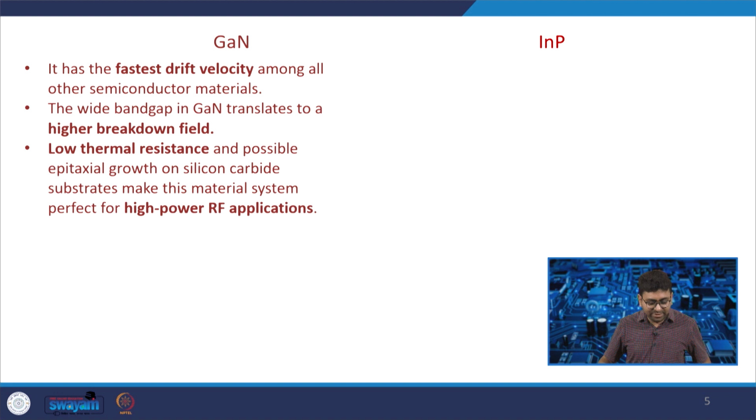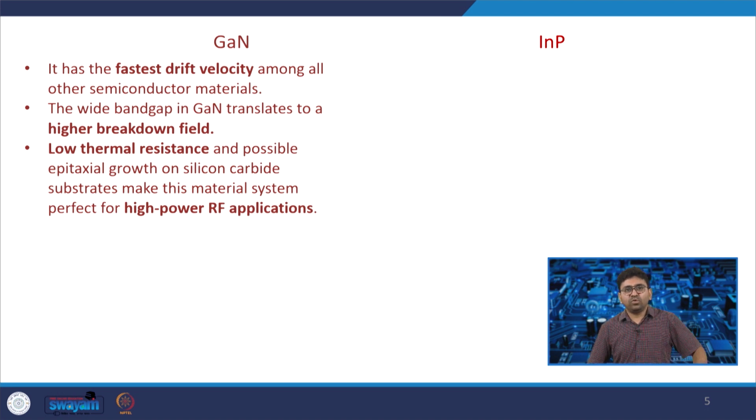It has the fastest drift velocity among all other semiconductor materials, and the wide band gap in GaN translates to a higher breakdown voltage. So, you can supply a very high voltage. That is why it can be a choice in charging applications, and in many high power, high voltage applications it is also useful. And in RF, it is mostly used for high power RF transistors or high power amplifiers,